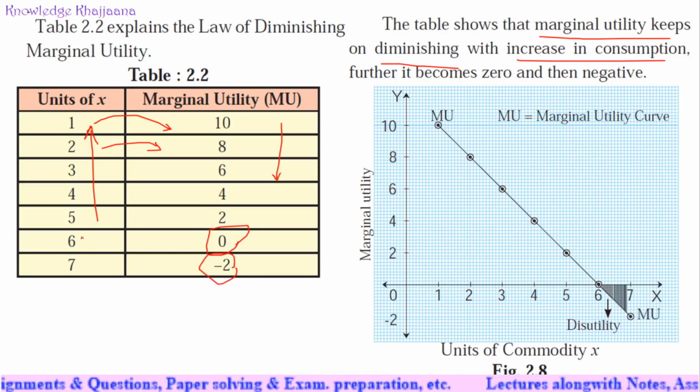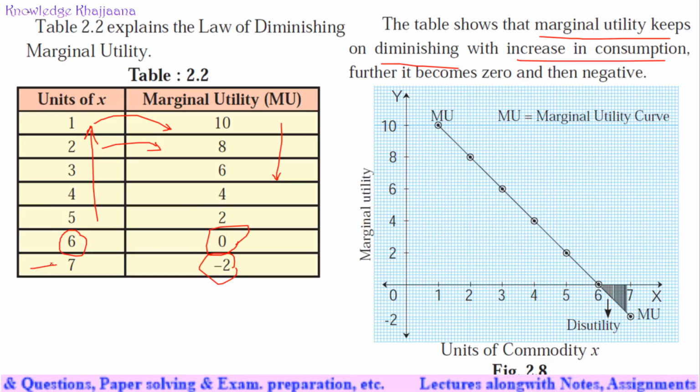See, when we reach the point of satiety, that means 100% satisfaction from the consumption of a specific unit, where no more satisfaction is gained, then we say we have reached 100% satisfaction. At that time, the marginal utility of consuming that product is 0. If we keep on consuming the product further, then we may get harm from it. That is called disutility. Finally a point arises when it comes to disutility.